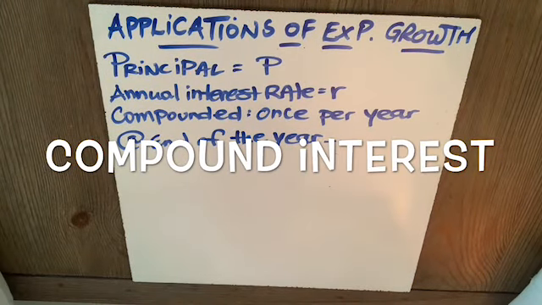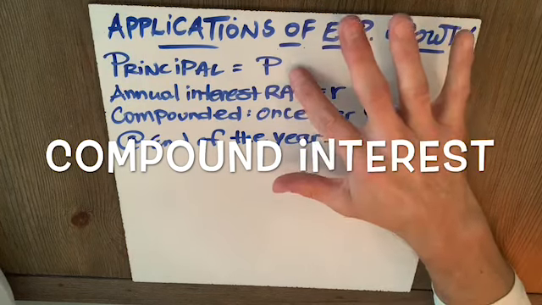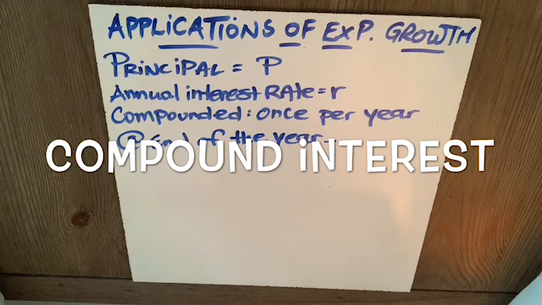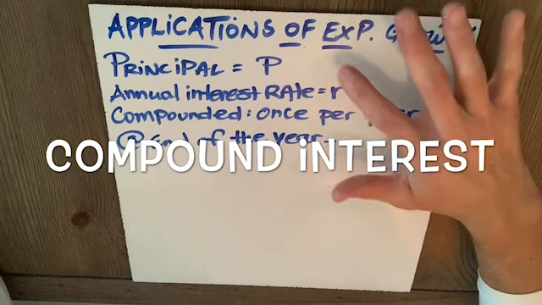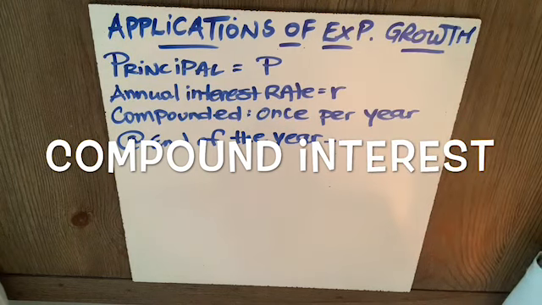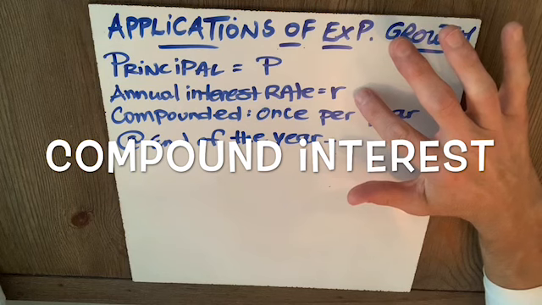Let's talk about the applications of exponential growth. P is the principal. We'll let this represent the amount that you invest. The annual interest rate is R. Note it's annual. If you put $100 in as your principal and you have a 5% interest rate, at the